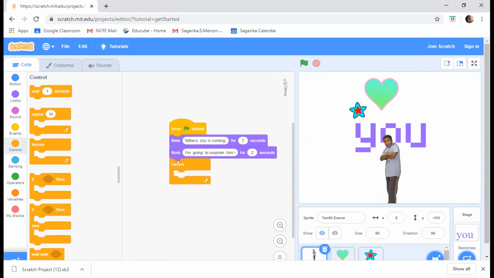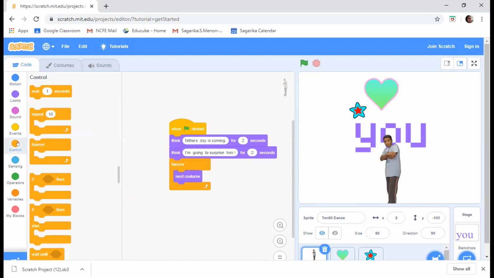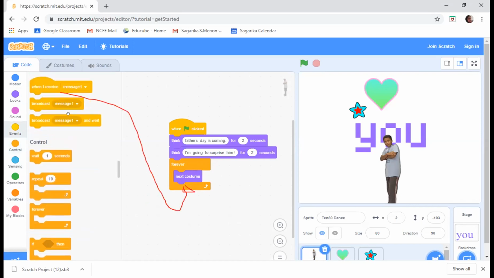Then go to looks, say next costume. Then go to control and do wait of 1 second. Okay, and now go full screen and show me how it looks.